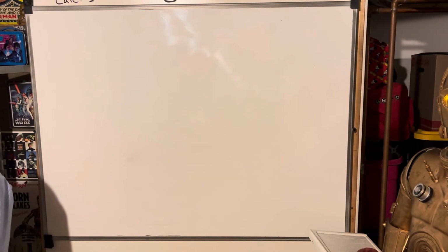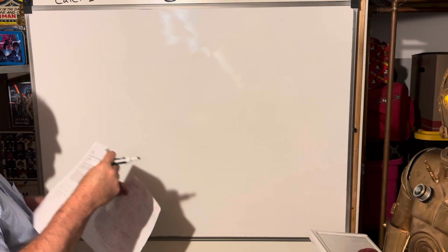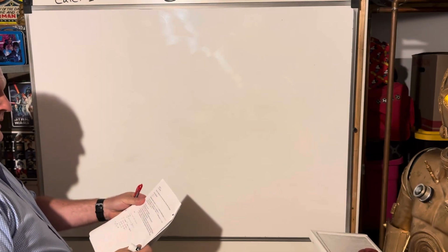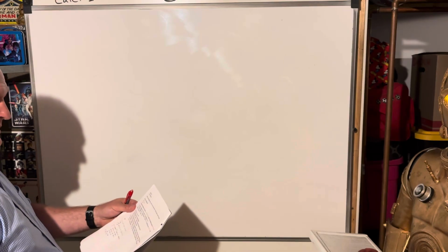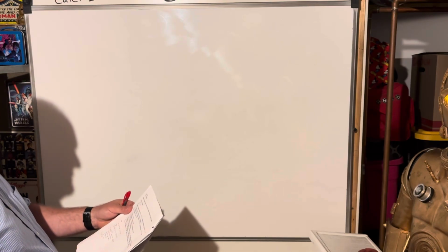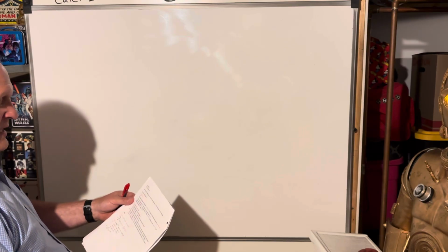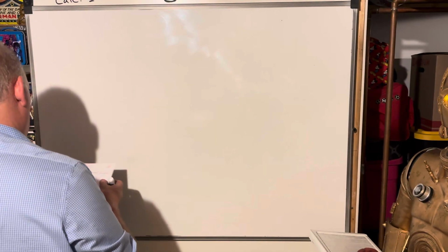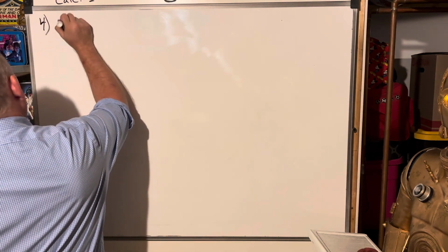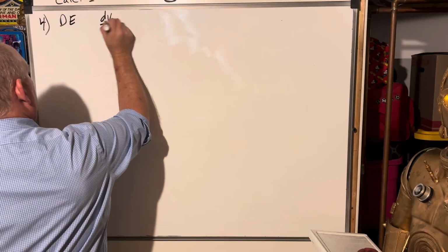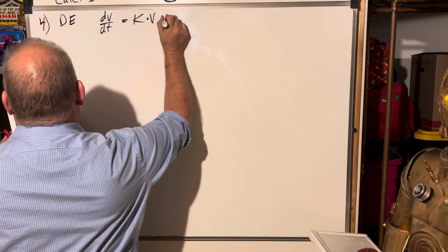So number 4 says the rate of change of V is proportional to V. When t is equal to 0, V is 20,000. When t is equal to 4, V is 12,500. What is the value of V when t is equal to 6? Okay, so this one's actually kind of straightforward. Differential equation dV dt is equal to k times V, which means